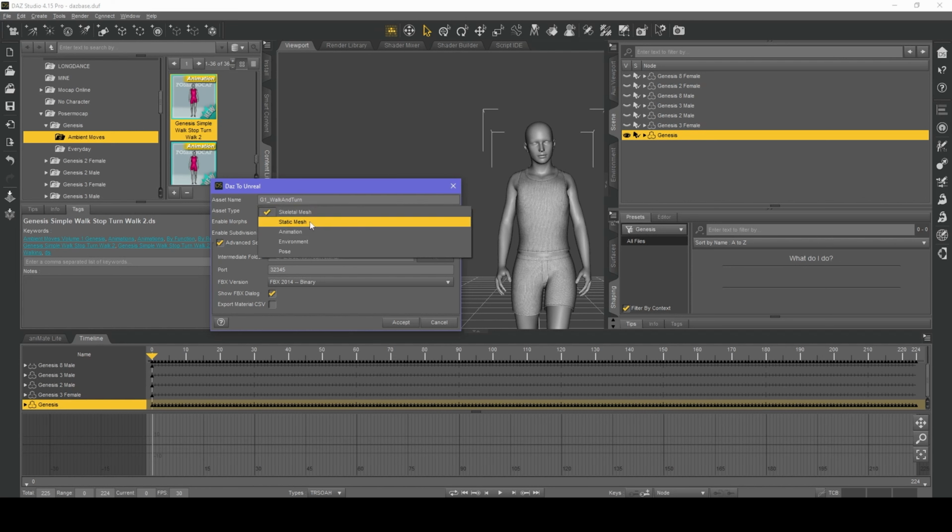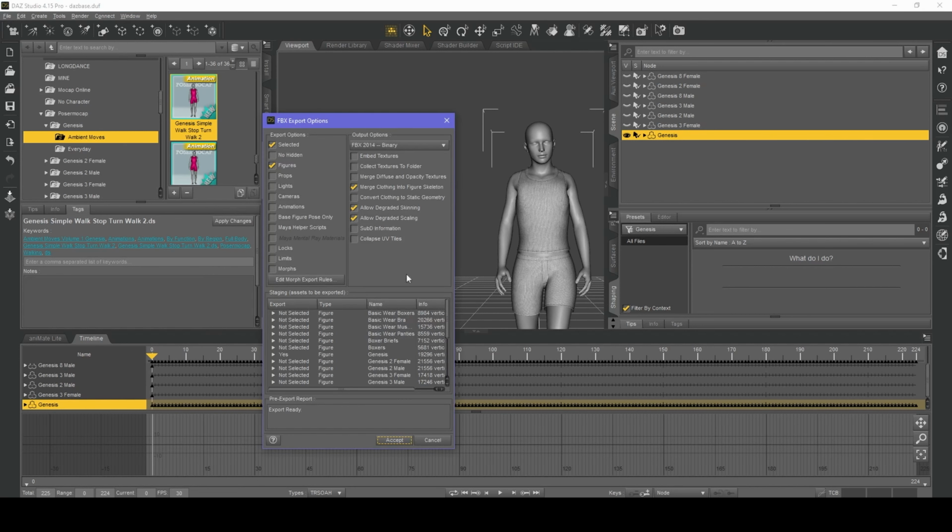In asset type, we need to do animation. Again, leave those unchecked. Show FBX dialog. Again, remember where your folder is. It's always important to know where that folder is in case anything goes wrong in the process.